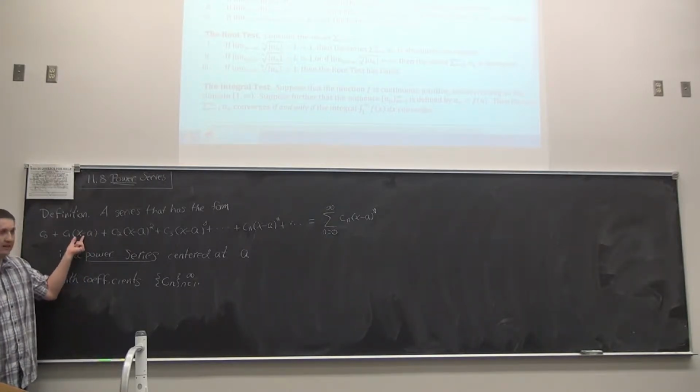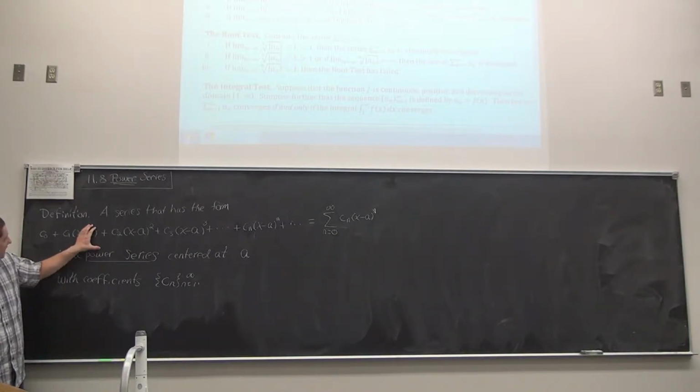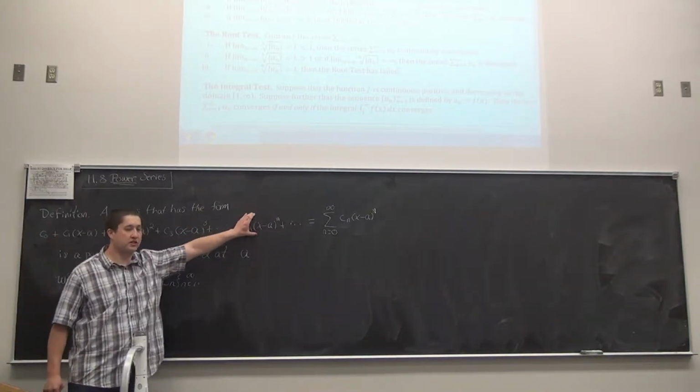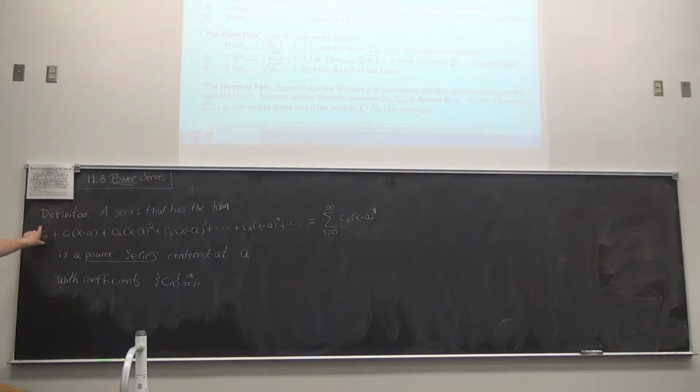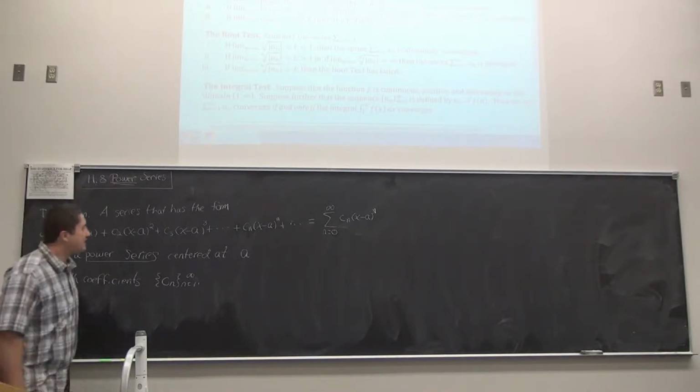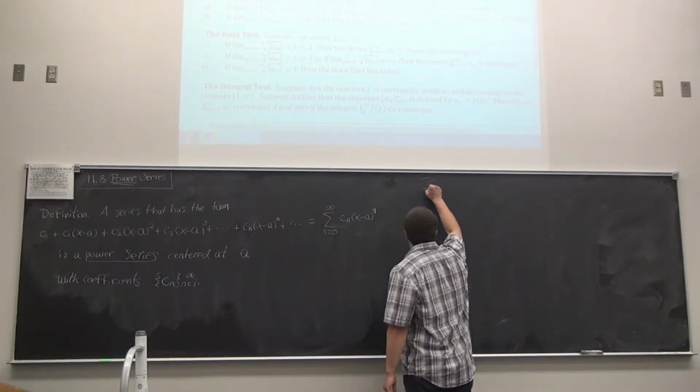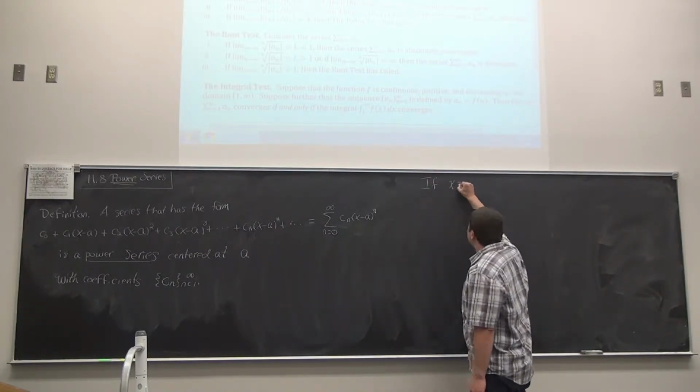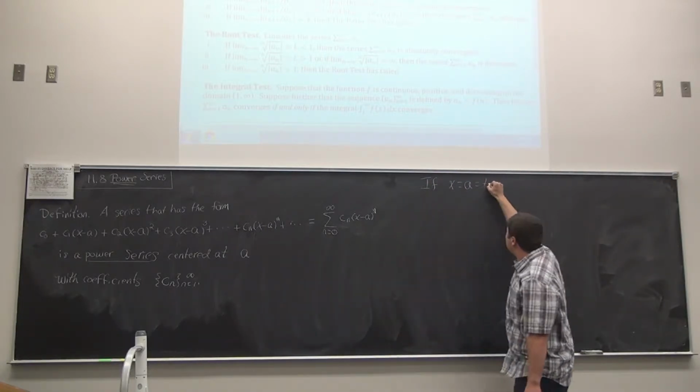Yeah, if we let it be a, then this whole thing will be 0, and we'd be summing a whole bunch of zeros. C sub 0, however, may or may not be 0. So we can say if x equals a, which is the center,